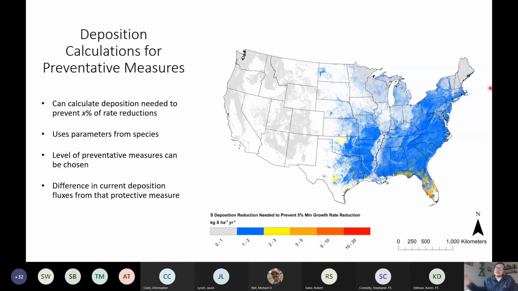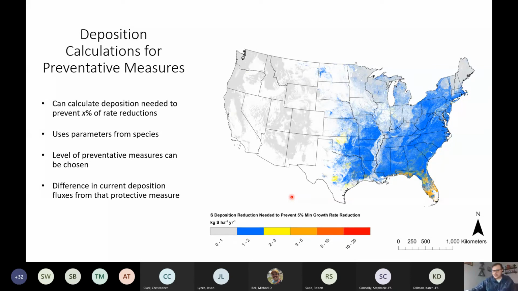We can use that surface, take where we currently are with sulfur deposition, and subtract the two. So I've taken the 2017 through 2019 sulfur deposition average, and I've subtracted out what we need to prevent that